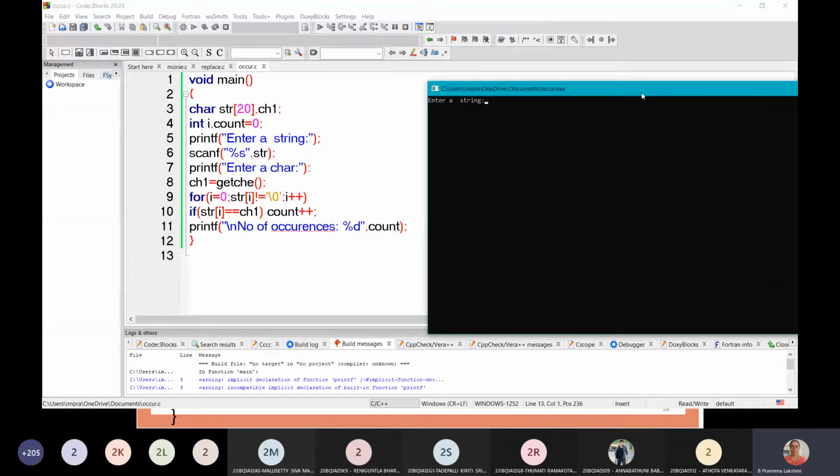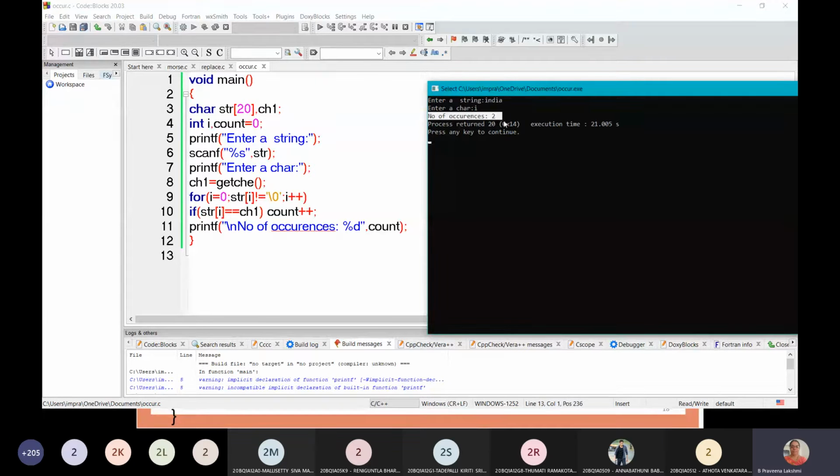Okay, enter the string. Now we need to enter the character. So number of occurrences is 2. First we entered the string, enter a string India, then enter the character I, number of occurrences is 2.